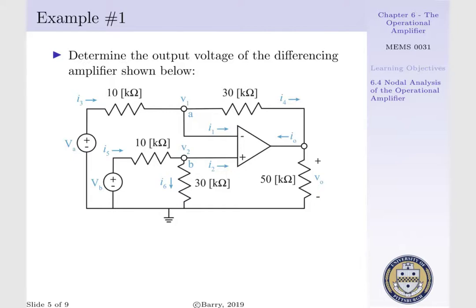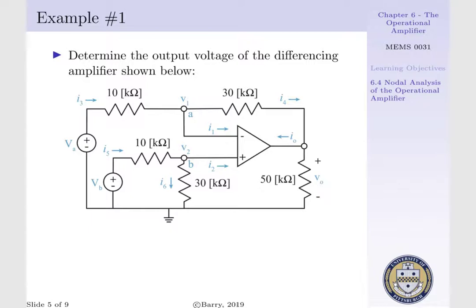In example 1, we want to determine our output voltage as the difference of our two input voltages, V1 and V2, using a differencing operational amplifier as shown below. What we see is we have a voltage source, VA, that's connected to a 10 kilo ohm resistor that then